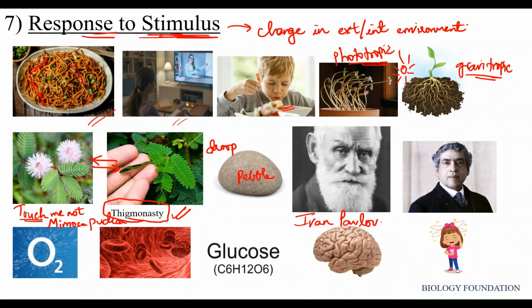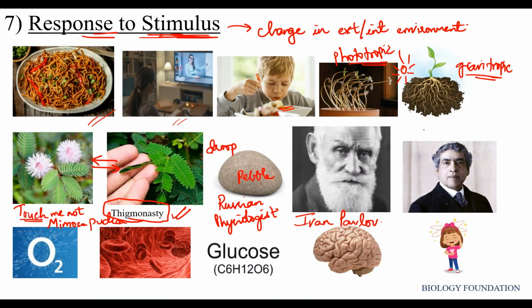Unlike non-living objects, which do not show any response even if there is a big fire, living organisms respond to it. And Ivan Pavlov, a Russian physiologist, first said that any living organism shows response to external